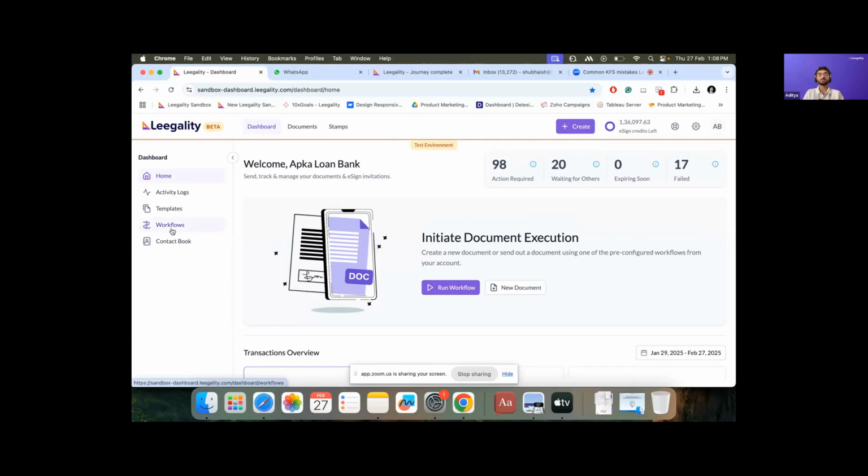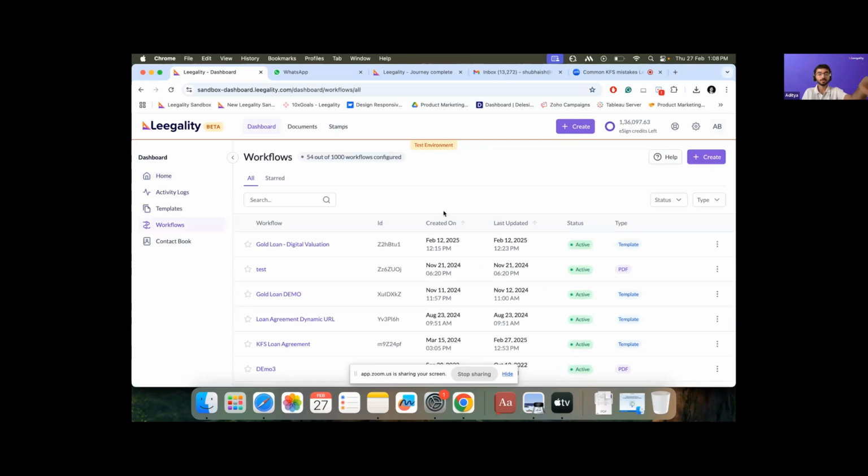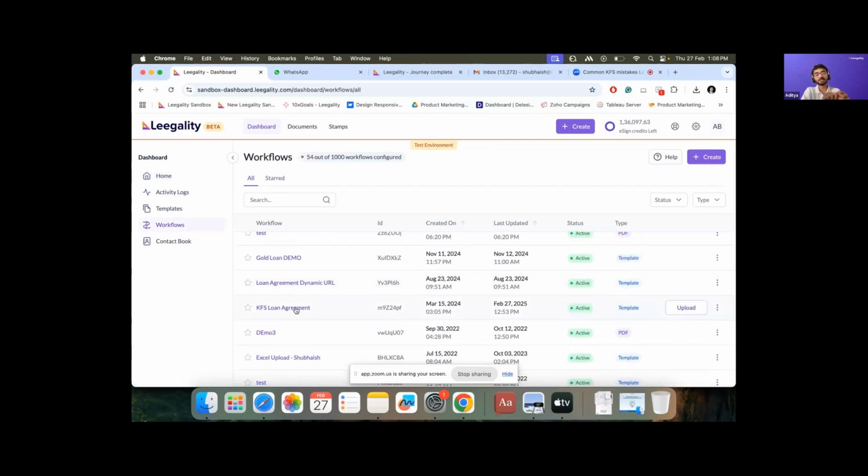What would happen there is you will ultimately generate in your LOS LMS an update to the loan terms, so there will be updated data. Let's say you have a KFS template in the workflow. Either in the same workflow you send a revised KFS, so your loan agreement will populate data into the KFS and this will be triggered again to the customer.